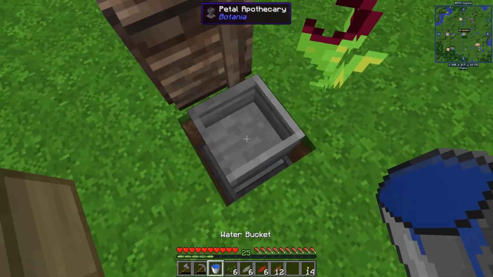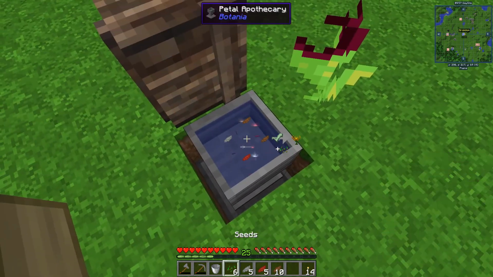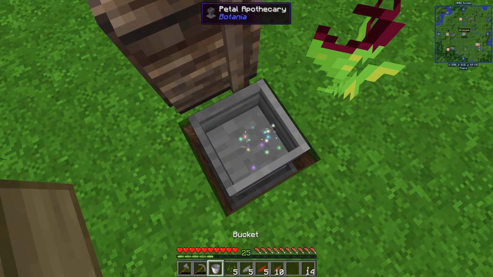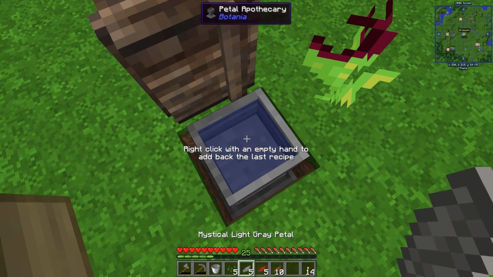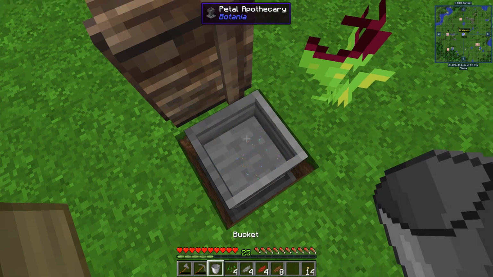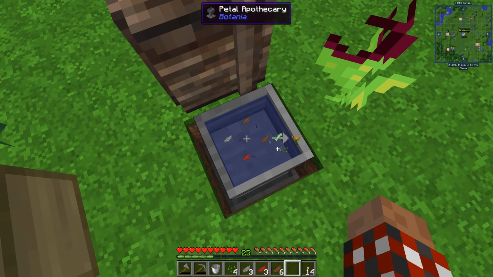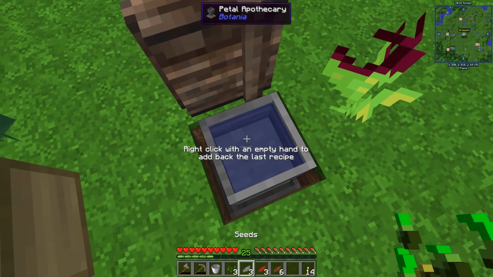Yay. Maybe you can hear that car going by really loud. Oh, seed first. Seed. No. Q to drop the seed. There we go. I can do this. Let's go ahead and right click. I would love it if I could right click without an empty hand, but that, yeah. Oh well. I didn't write the mod, so